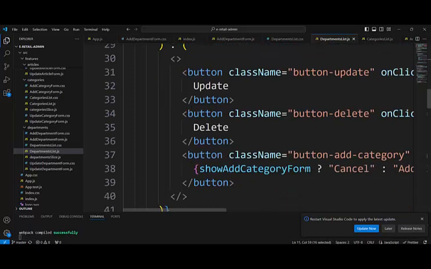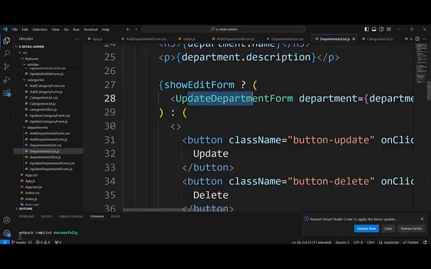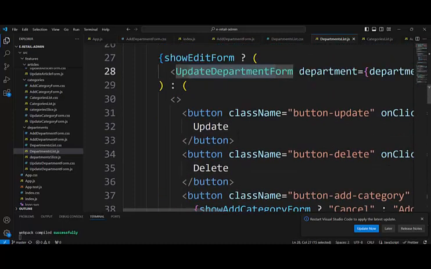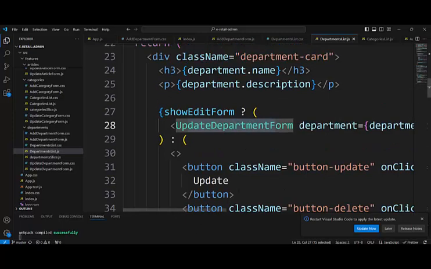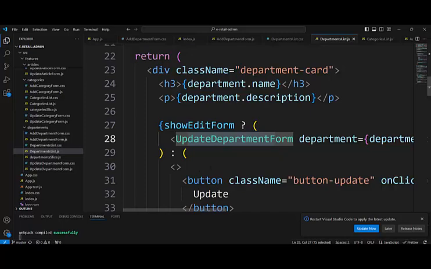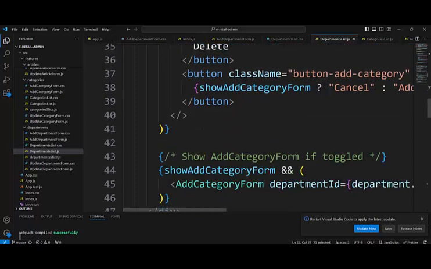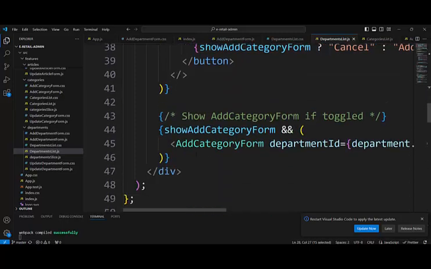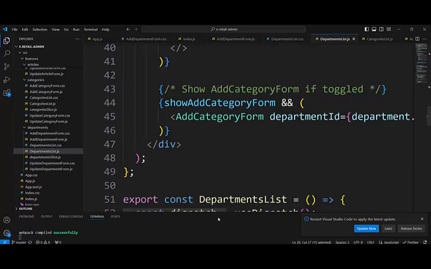Return now, okay. That logic we have before in the update department form. Here it is. There is no comment, for example, it is about update. And here is a comment, and here is show add category form. False. In the initial rendering of this component, it would be false. And then the logical and,